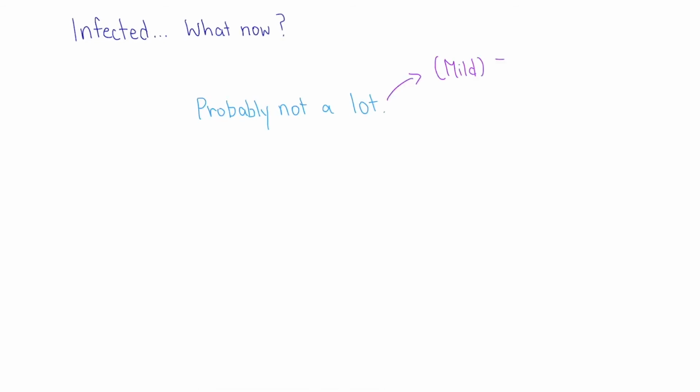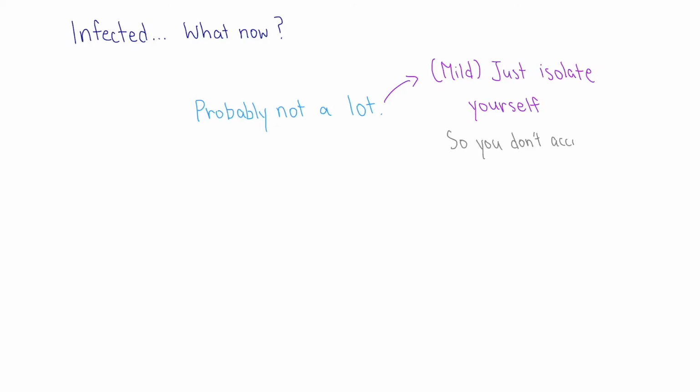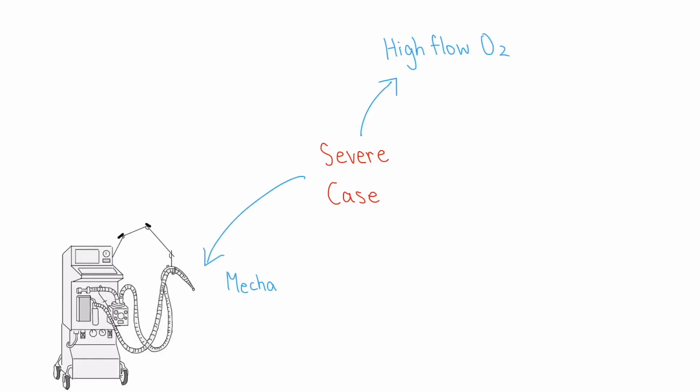Treatment. What happens if you become infected? For most people, not a lot. In a case of mild infection, the only action you need to take is to isolate yourself. This isn't for your benefit, this is so you don't infect others who may not be as fortunate as to have a mild case. In a severe case, high-flow oxygen or mechanical ventilation using positive end expiratory pressure may be used,